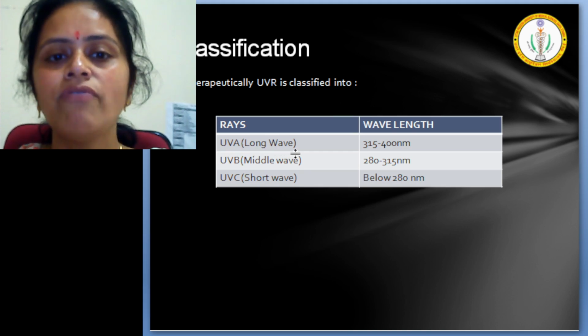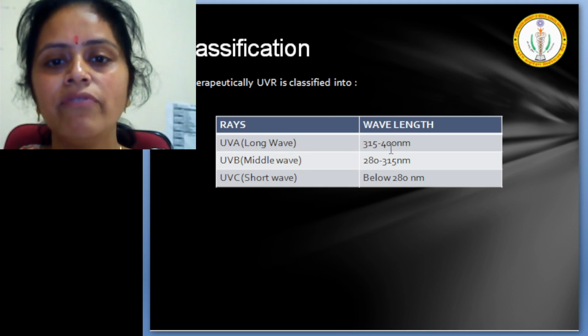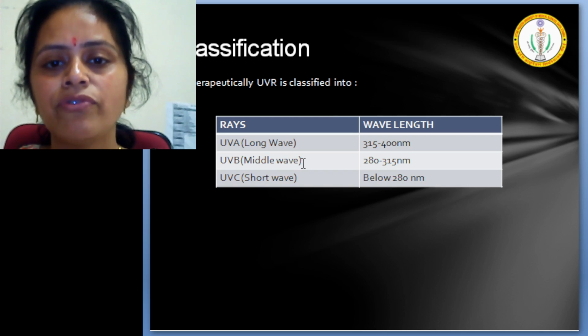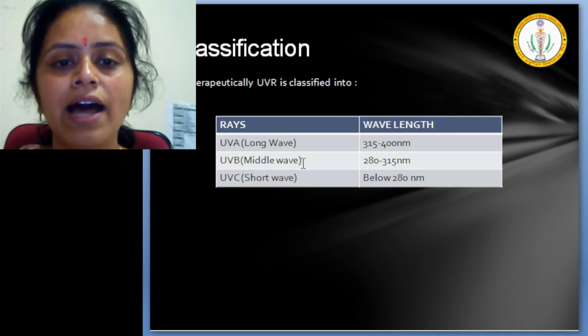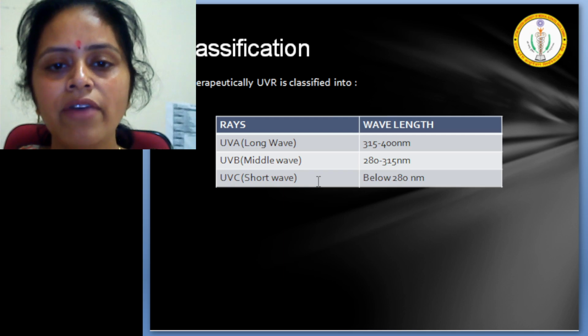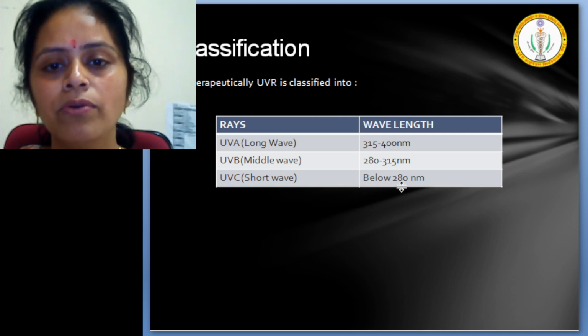It consists of long waves and its wavelength is 315 to 400 nanometers. The second is the UVB rays, which are the middle waves, and its wavelength ranges from 280 to 315 nanometers. The last type of UVR rays is the UVC, which is the short wave, and its wavelength is below